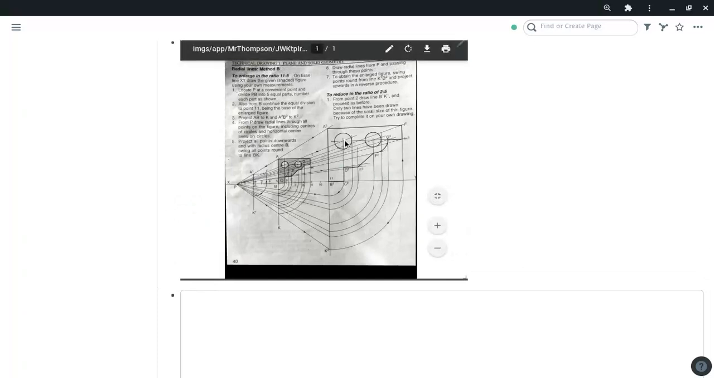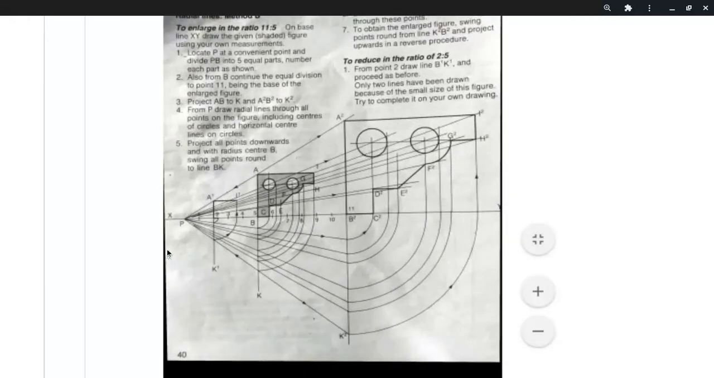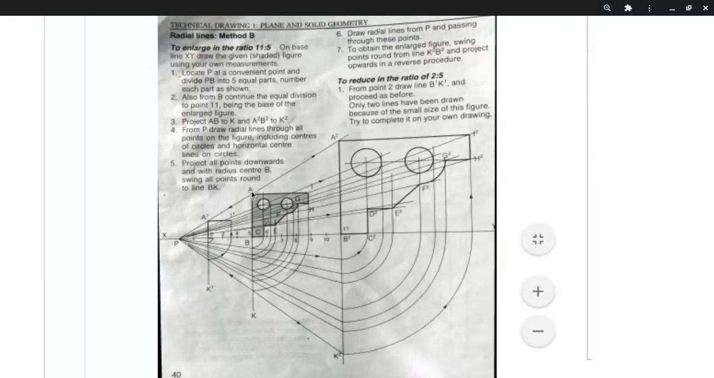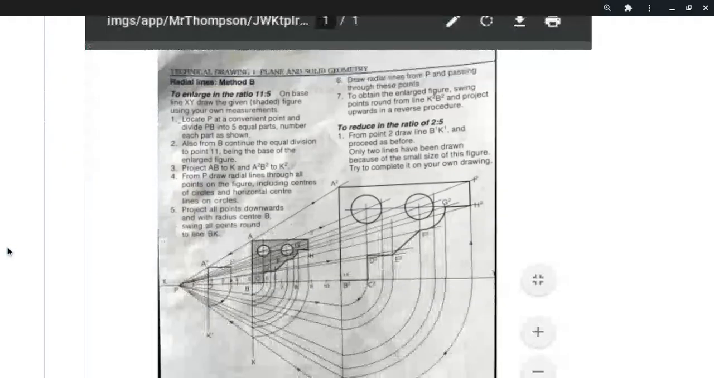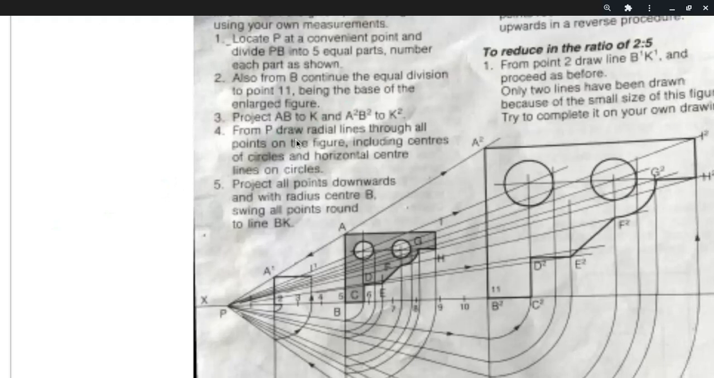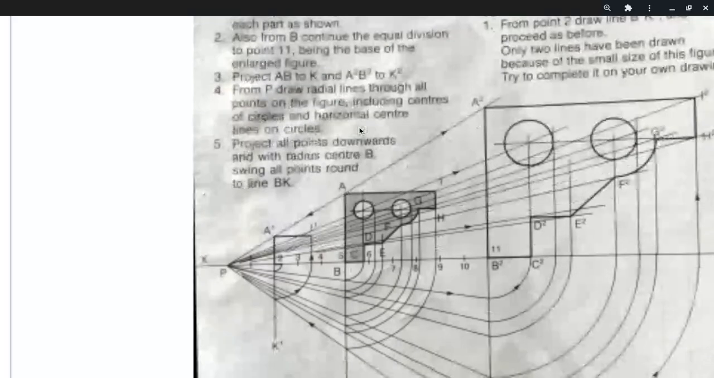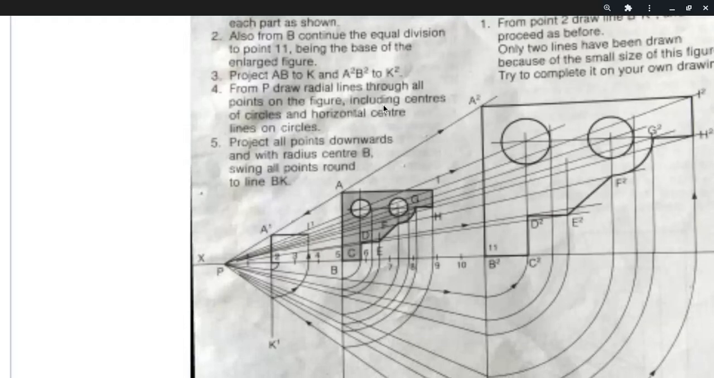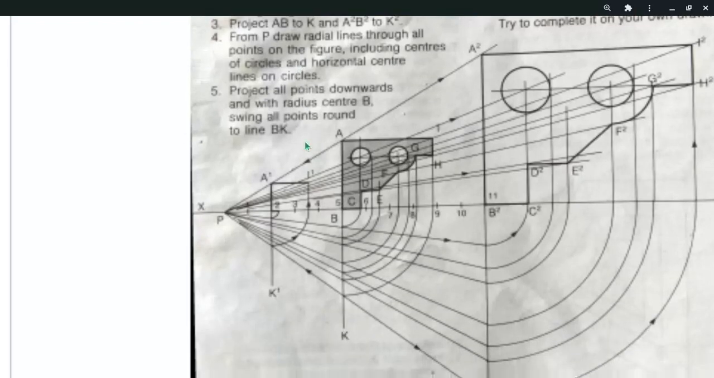Okay, now once we've gotten the K and the K prime, we now have a region to depict the other information in the drawing itself, not just those vertical lines A and B. Because we have A prime, B prime, which came from AB, but we need to know where G prime, D prime, C prime, F prime, and H prime, along with I prime, will come from. Right? So let's go at it. So now we're going to say, from P, draw radial lines through all points on the figure, including centers of circles and horizontal center lines on circles. Okay, now what does this mean? From the region P, from the center point P,